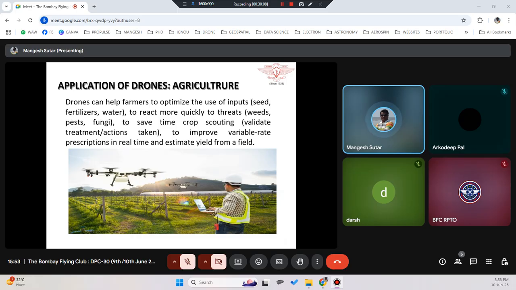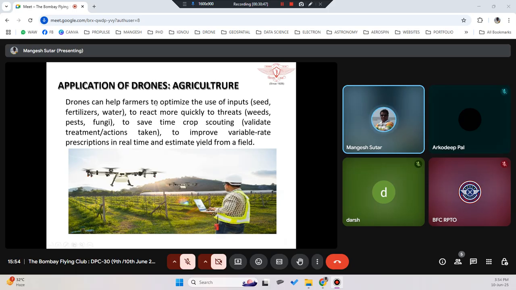So basically, the more you do precision agriculture, the more drones you use, the better crop you can always have. You can protect your crops from getting damaged by pests, weeds, fungi, or any other issues that normally happen in traditional farming. Precision farming using drones has immensely helped and always given better results. Your yield improves, and you get a better return on your investment